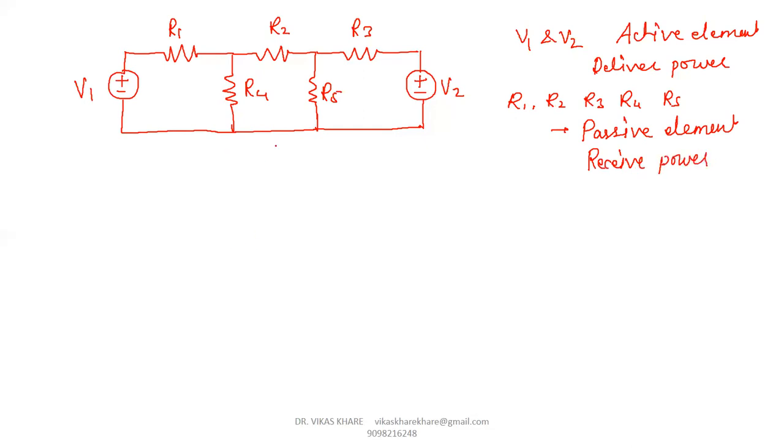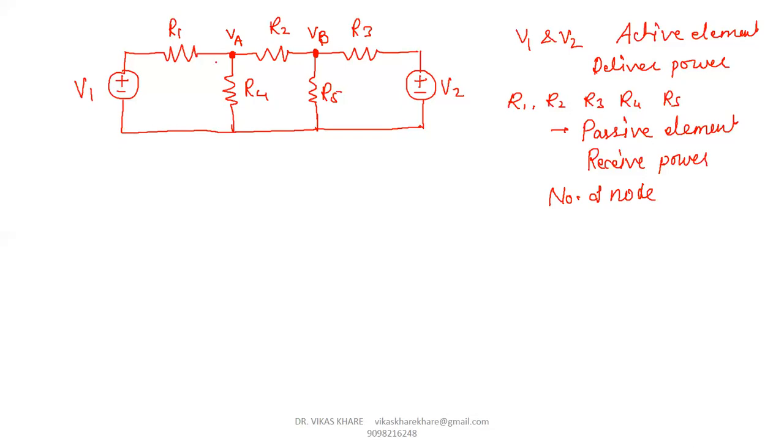When we apply nodal analysis, first we identify the number of nodes. A node is the point from which current is distributed in different directions. According to this circuit, the nodes are at this position and at this position. Here we assign the unknown quantities as VA and VB. According to KCL, the algebraic sum of current at any node is 0.